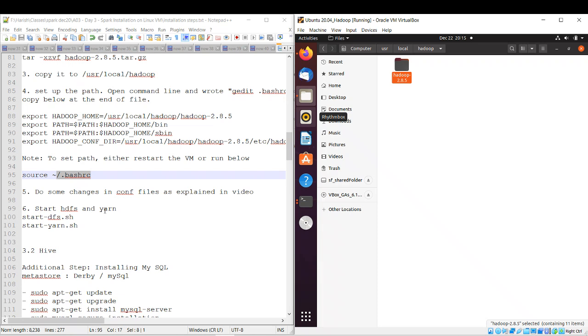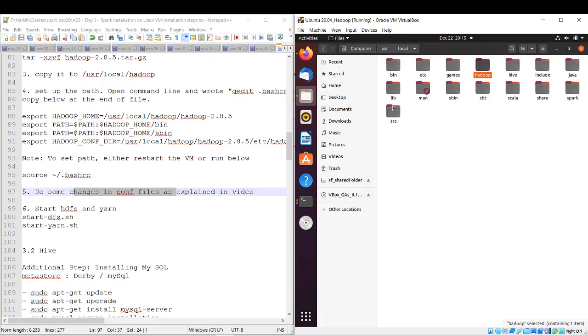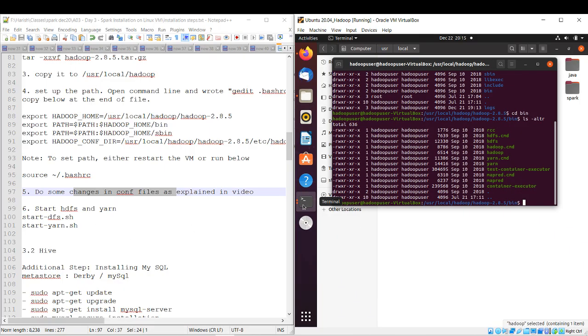Certain XML files that we need to change as well. Certain configuration files that we need to change over here. I need to retrieve it. What are the files that need to change? I have not noted this over here, but I will get back on this by tomorrow. What are the conf files that we need to change? Once we have changed those files, you need to start